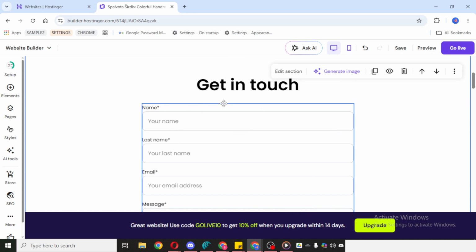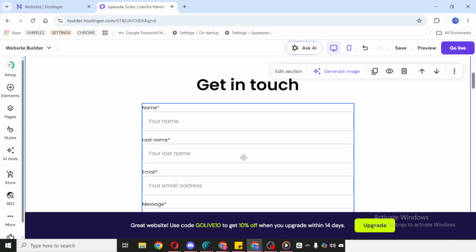After the form appears on your page, you can customize everything to match your brand and your needs. You can adjust the text, change headings, and update the form fields depending on the kind of information you want people to submit. You may also want to review the spacing, colors, and overall appearance so the form blends naturally with the rest of your website.